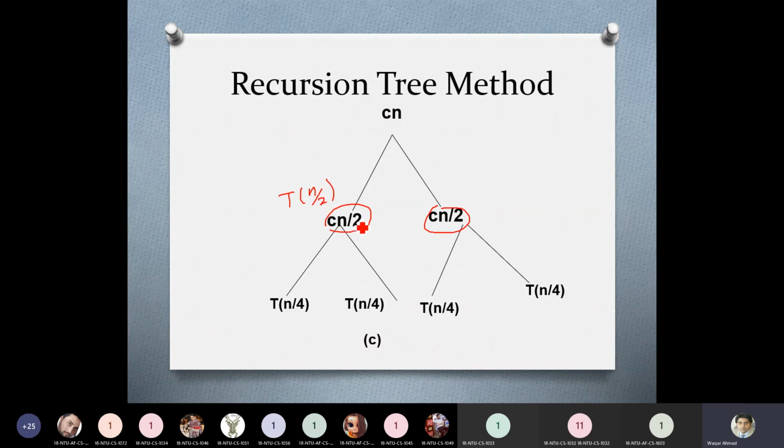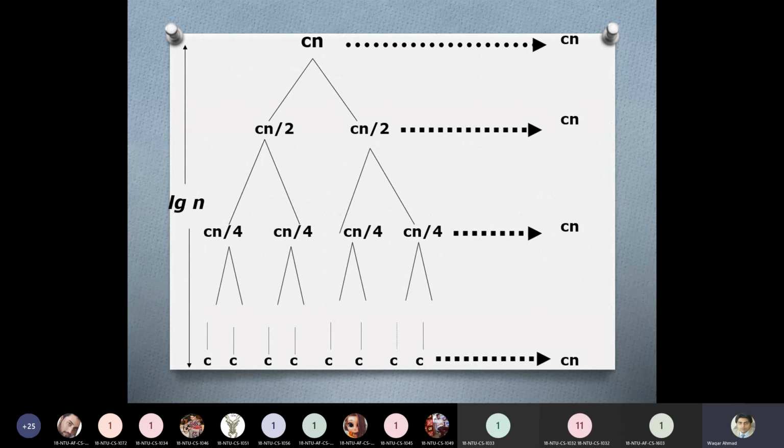Now after that, this n over 2 elements is further divided into n over 4 elements and n over 4 elements, and they will also be divided into n over 4 elements and n over 4 elements. Now if the merge activity is performed on n over 4 elements, how much time will it take? The time it will take will be equal to Cn over 4. Again, the time here will also be Cn over 4, Cn over 4 here as well, and Cn over 4 here as well. Okay, here is the complete tree.